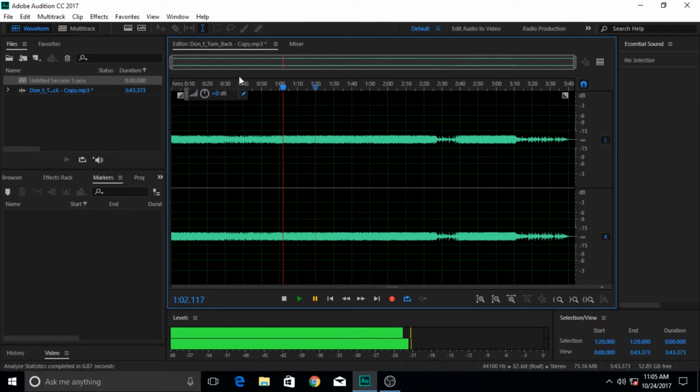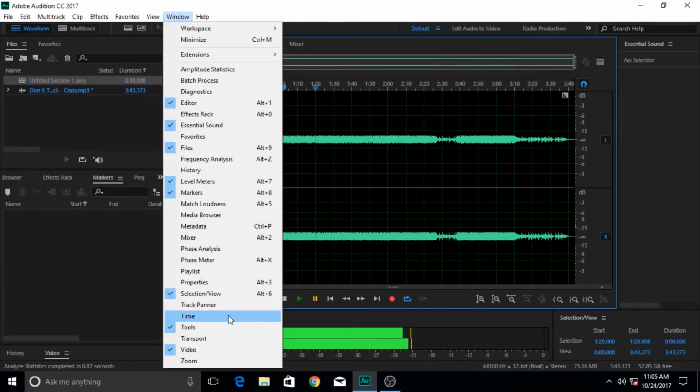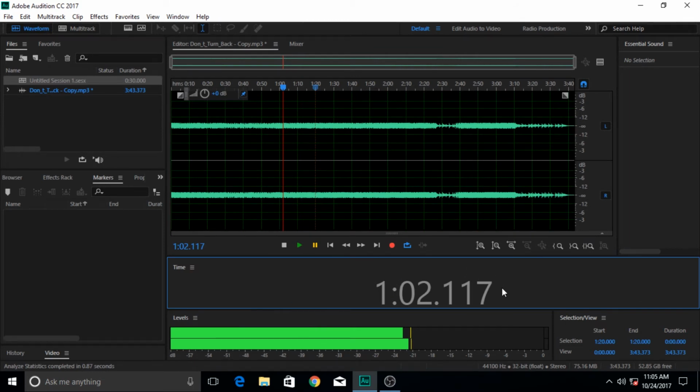Other than this, the last panel I want to talk about is the time panel. Some people find this not that important because time is already shown in there and you can see the time duration in many other places, but it is a very useful panel for some people if they want their time or the duration of the audio file to be shown in a larger size and easy to see, so they just open it. This panel does not do anything else other than show time in a larger size.